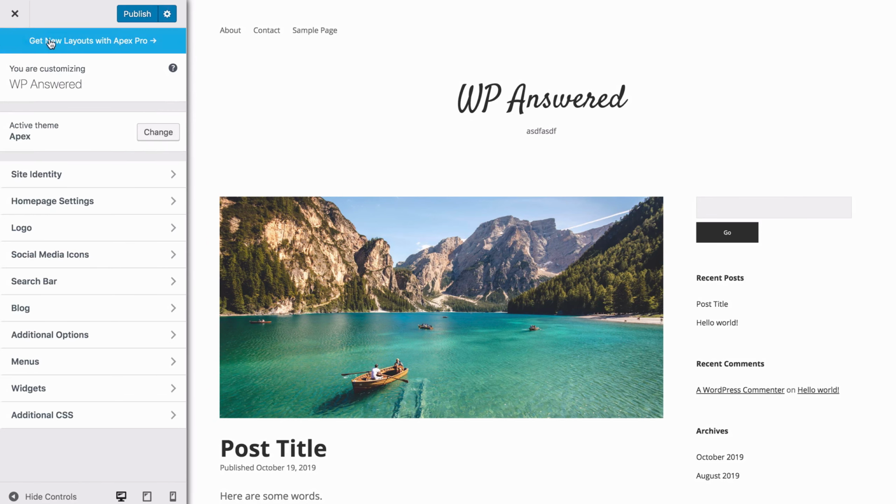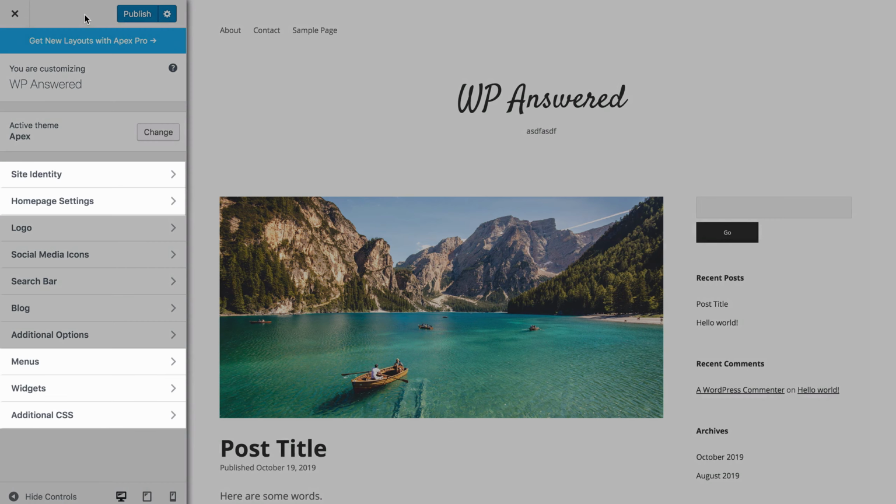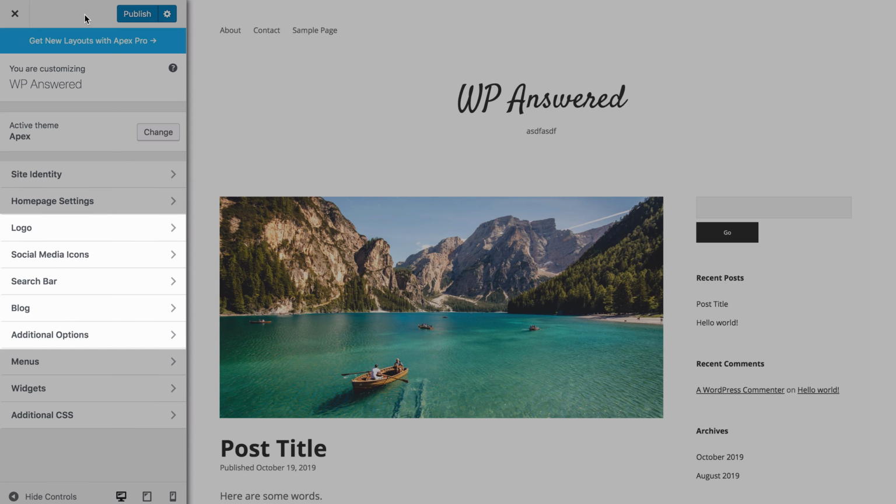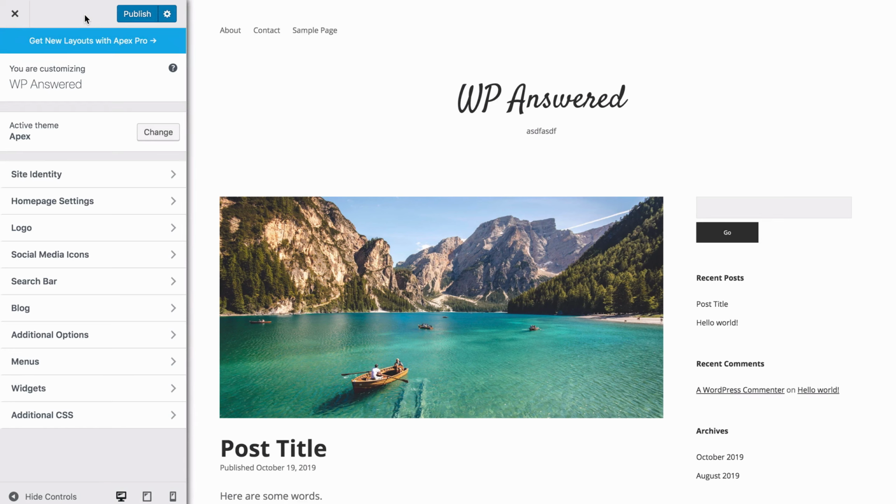So those are the various options that come included in the Customizer, but most of the time, you'll be working with the customization settings found here. It's important to know that the sections highlighted now are all added by WordPress and are available on every site. Every other section you find here was added by your theme, so in this case, the customization options highlighted now are added by Apex. I'm not going to go through each section meticulously because you won't have the same settings unless you also use the Apex theme, and to be honest, most of them are self-explanatory.